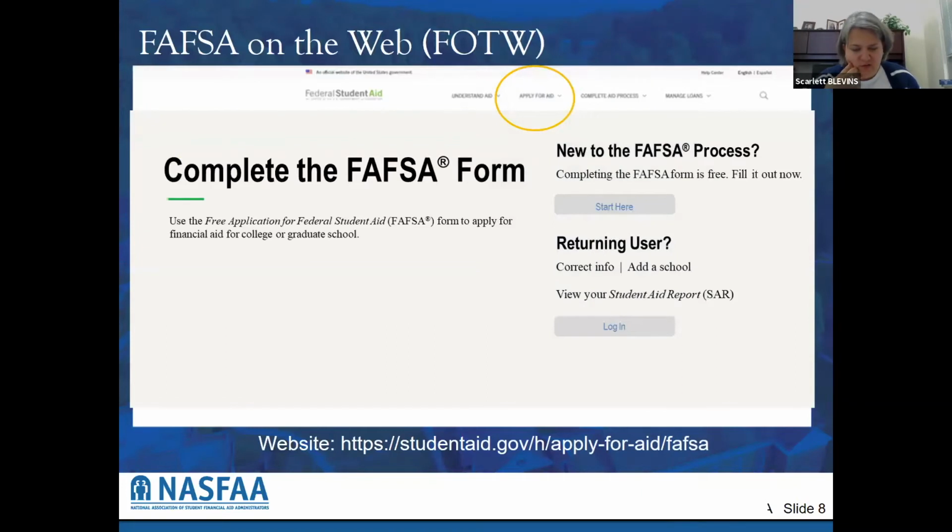On the FAFSA on the web, this slide is showing you how to get to that. From the studentaid.gov homepage, the FAFSA application can be accessed through the Apply for Aid tab that's circled there on the slide. Select complete the FAFSA form from the drop-down box. New applications for the 21-22 year are completed in the new to the FAFSA process option by selecting the Start